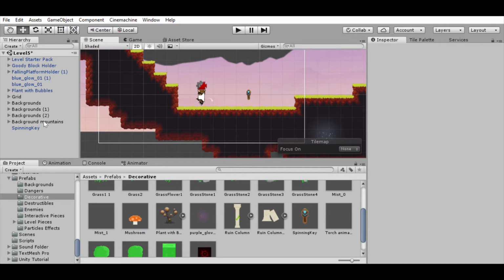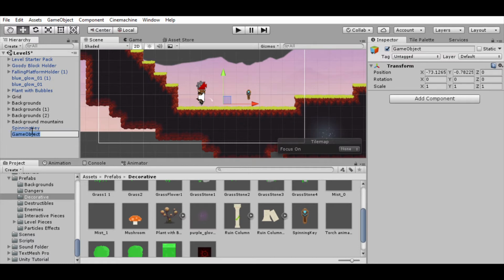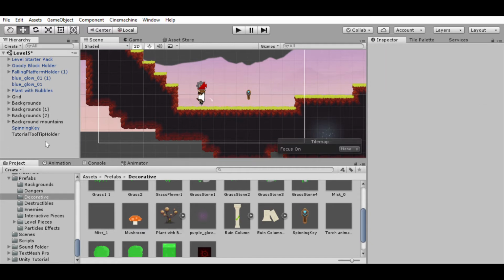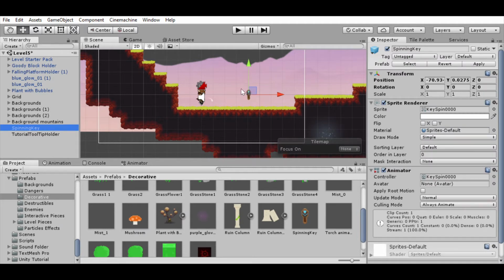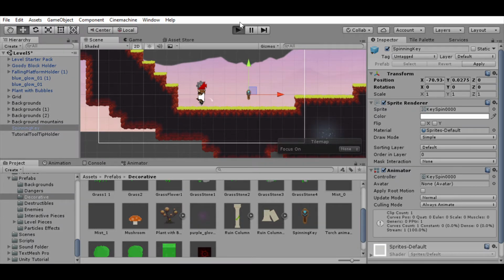The first thing you want to do is create an empty game object, and we're going to call this tutorial tooltip holder. So the second thing you want to do is, I have made this little spinning key icon that was free from the Unity assets that they have on their tutorials. When I go in the game,